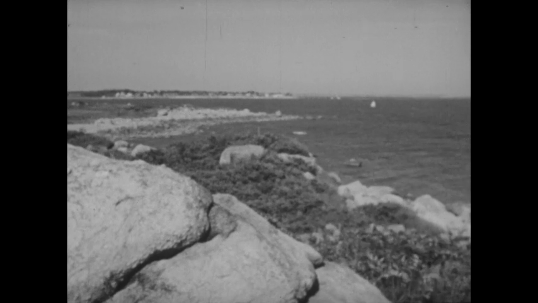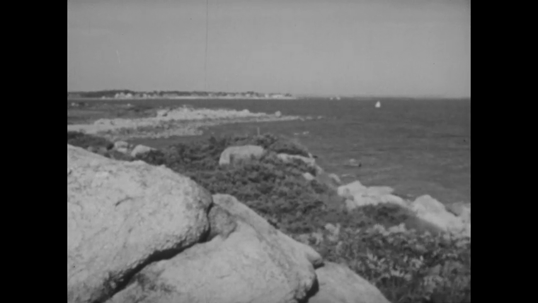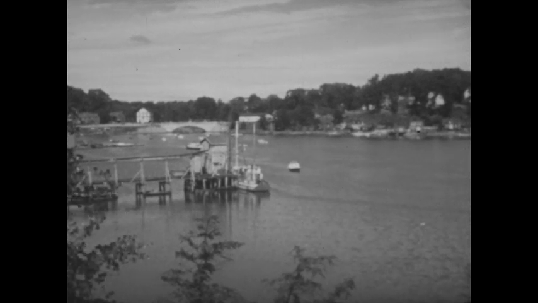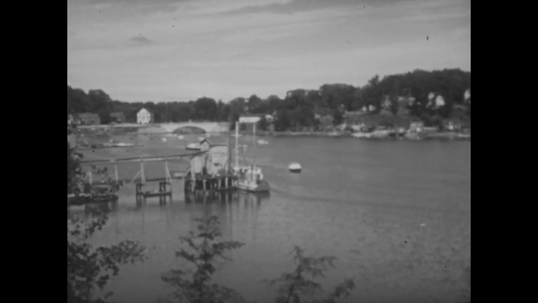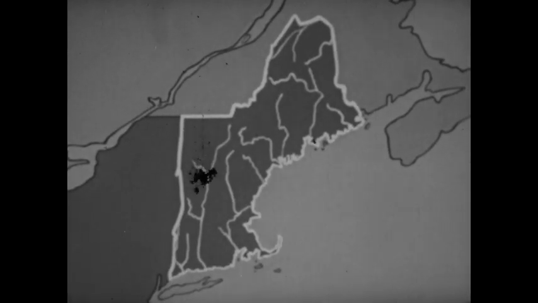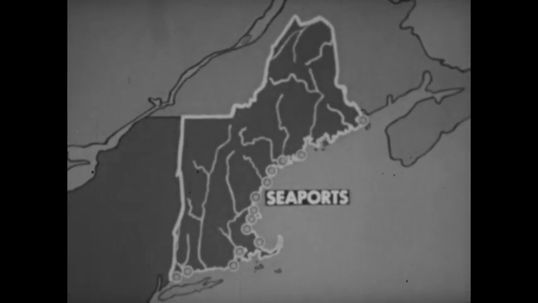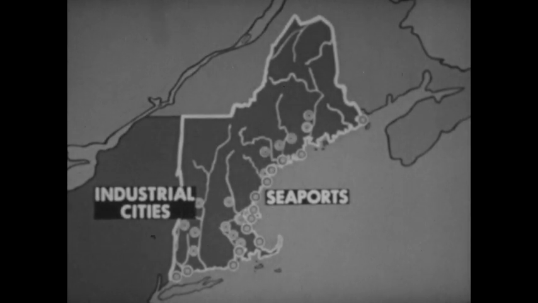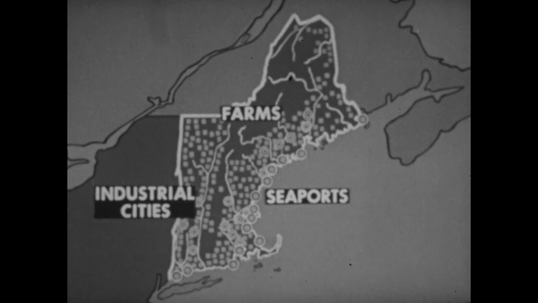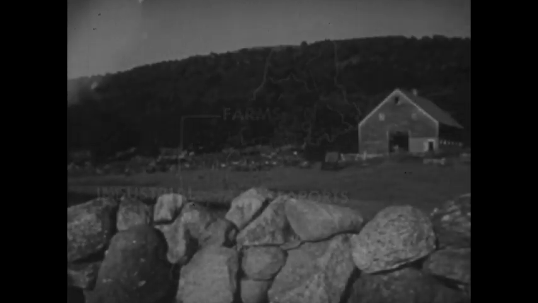In addition to the effects of the glaciers, New England has been greatly affected by the sea. The sea made possible the development of shipping and fishing, which led to the growth of seacoast towns. And so New England is a region of many seaport cities and fishing towns. It is a region of industrial centers, originally built near water power. And it is a region of many small farms which sell their products to the cities.